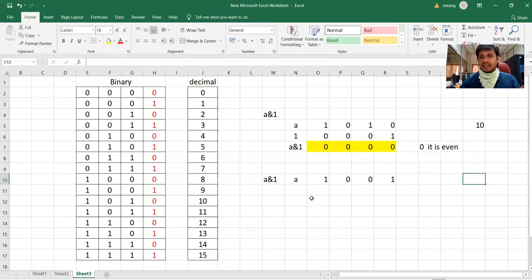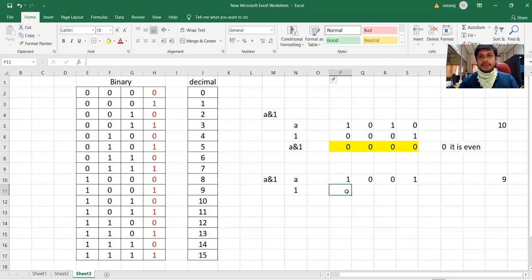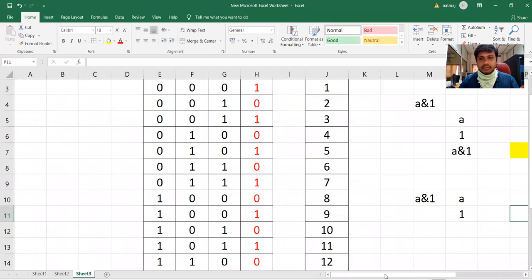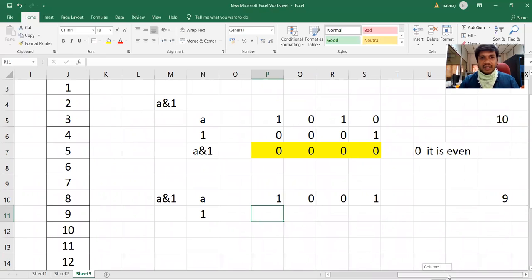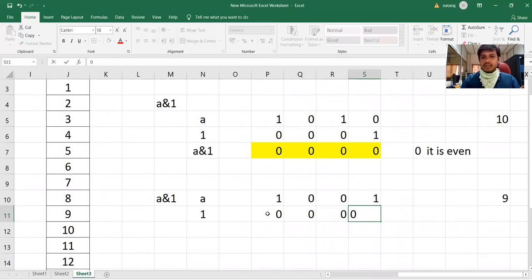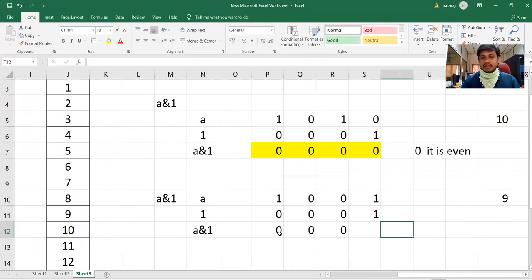So if this is 9 and 1, A and 1 is 0 0 0 and 1. So 1 and 1 is 1. So since it is 1, it is odd.